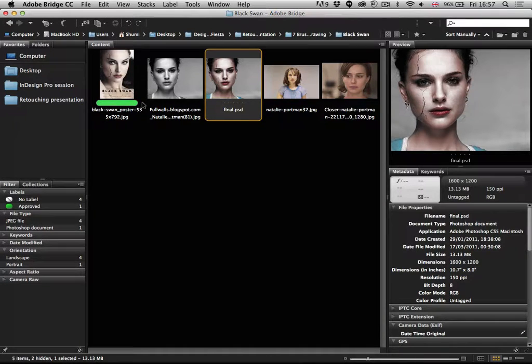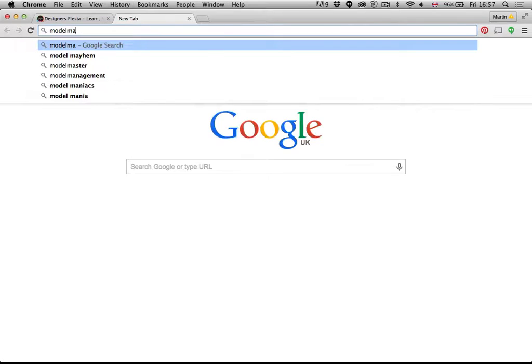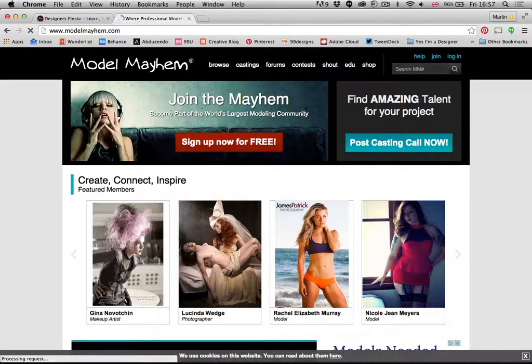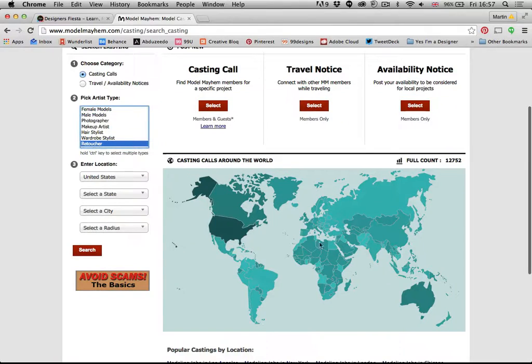And then I mentioned this earlier, someone asked how to get into retouching or how to find work as a retoucher. I highly recommend a website, Model Mayhem, which is a great website to find clients if you want to get into retouching. Because on this one, you can actually find castings for retouchers, not just models, although it's Model Mayhem. If you go on castings, you can see here on the left side, we have retoucher. Pick artist type, retoucher. You can choose location, where you want to look for castings. Let's say we just check United Kingdom, and then we can check London. Okay. And then we click on search,